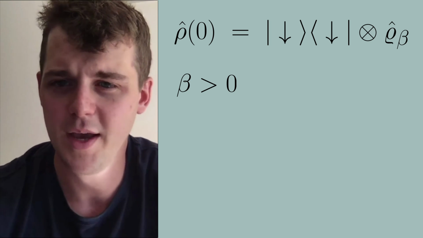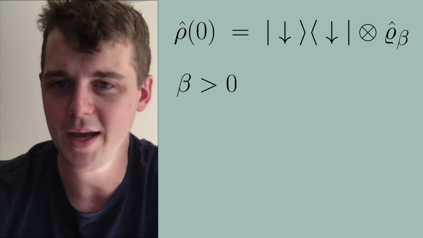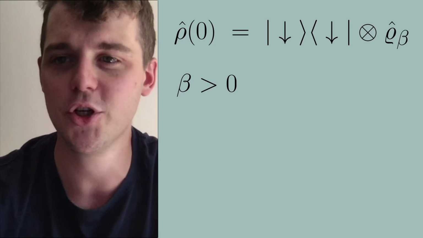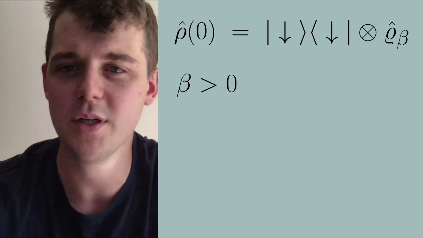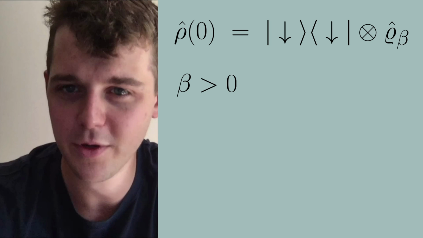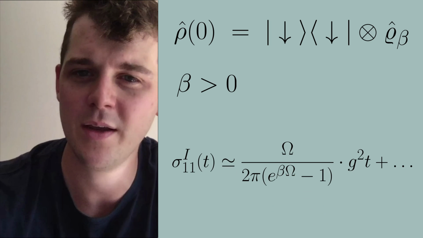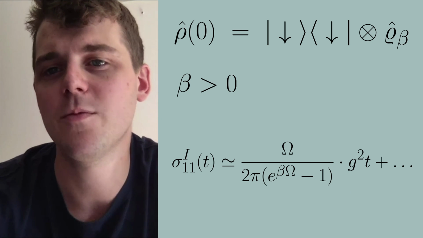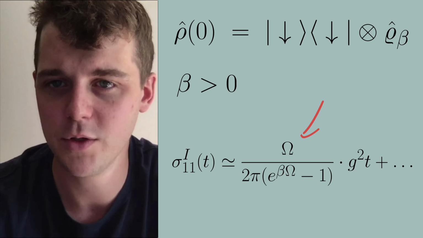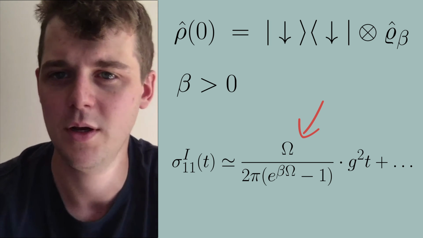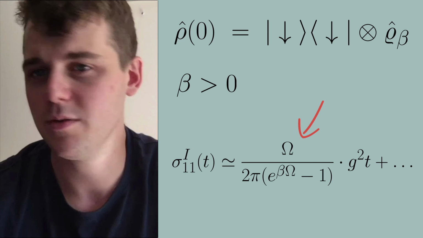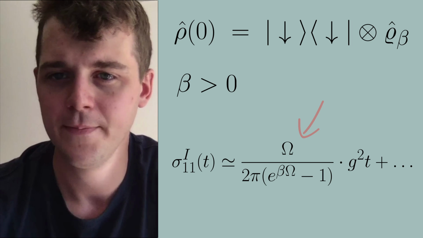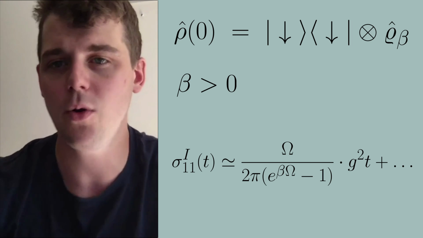And so the answer you get when you calculate what sigma 11 is as a function of time, if you do this in a perturbation series, is something very similar to what we started out with in this video. We've got something that scales like g squared t. And there's a function which depends on a Bose-Einstein factor, which depends on the qubit gap and the inverse temperature. And in the numerator, we've got a factor of the qubit's energy gap also. And what we see here is we've got the secular growth problem,